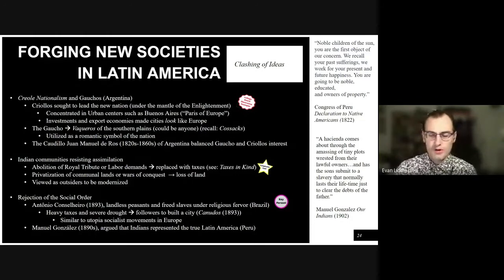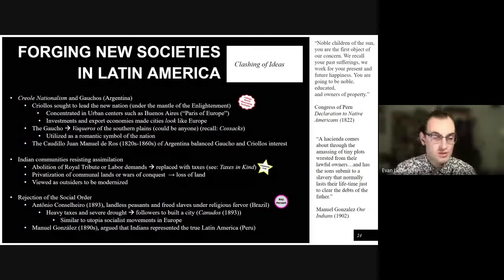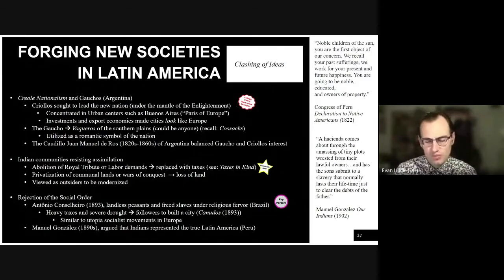Criollos were very much in favor usually of free trade and free enterprise, and they wanted rational use of the land. This clashed sometimes with both Native Americans, but also the horse riders of the plains. In Argentina, specifically, they're called the gauchos, horsemen who worked with livestock and animals. They didn't want the southern plains of Argentina to be fenced in or limited in any way, shape, or form. And so these two groups clashed on the political scene, even though the criollos tried to use the gaucho as a romantic symbol of the nation.